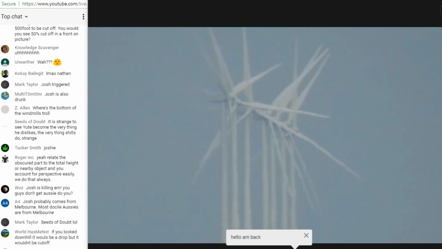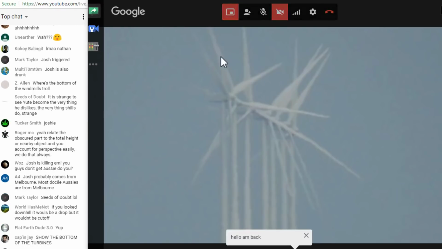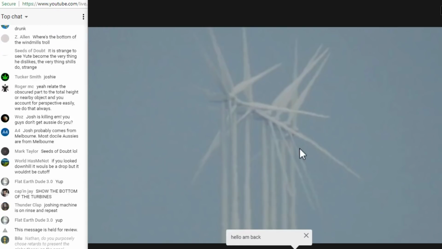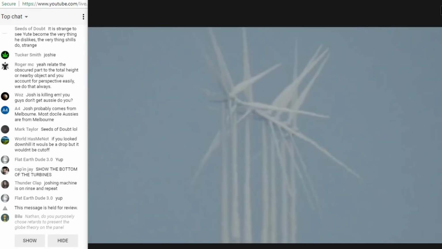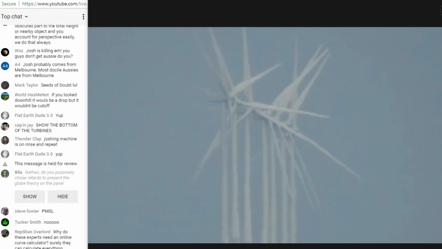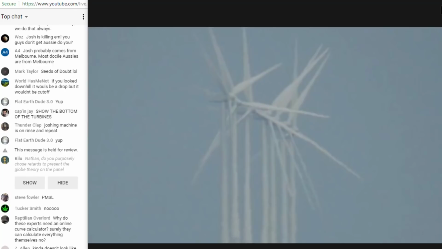But hold on, Josh. Hold on. We've got a wall that's 10 foot. Why isn't the wall behind it also 10 foot? I don't get it. They're further into the distance, but one 10-foot wall is bigger than the other 10-foot wall. What's going on, Josh? Why would that be? Curve of the Earth, right? Yeah. Curve of the Earth. Yeah, that's right. You just said it. It's going over the curve of the Earth.